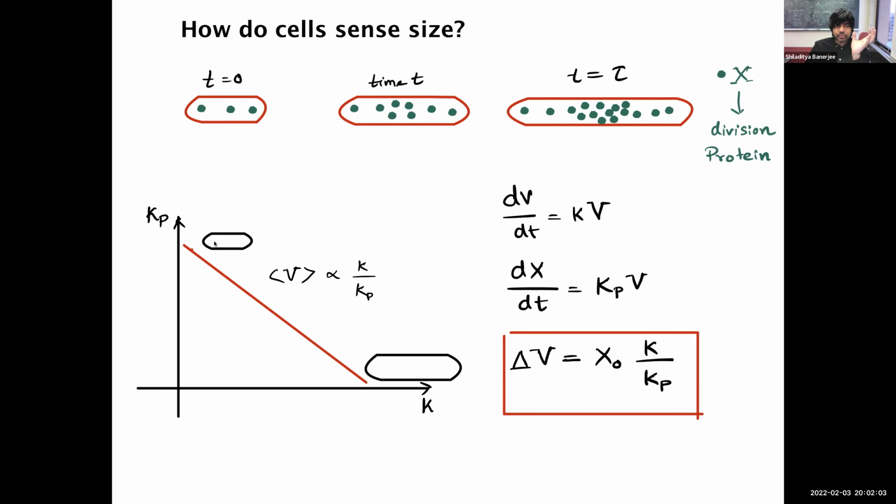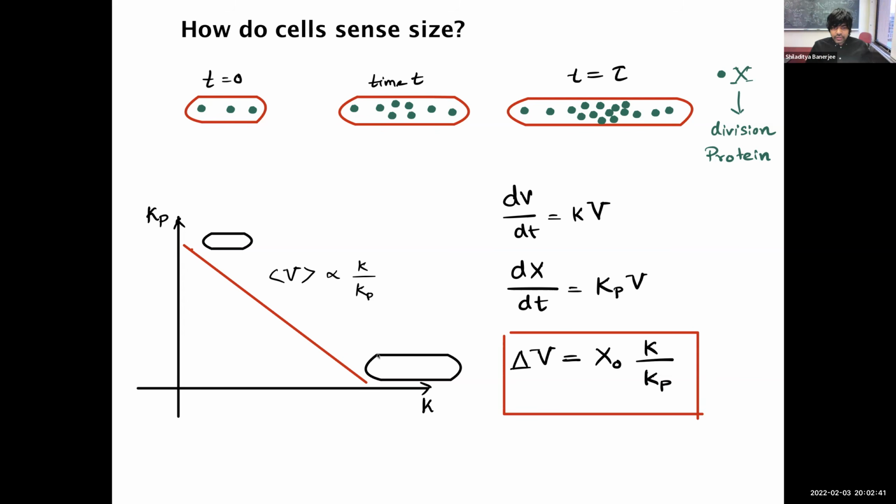If you spend more resources on division, which means Kp is higher, then you spend less resources on growth, so K is smaller. So there is a resource allocation constraint in the system. If you spend more resources on growth, you spend less on division, because you have to do two tasks simultaneously. And this is true biologically because all the proteins are made from ribosomes, and the ribosome number is like your allocation, from which you optimize how to allocate resources.